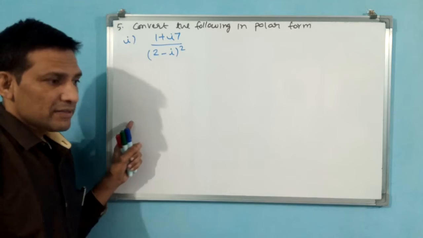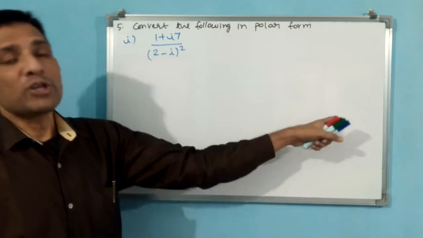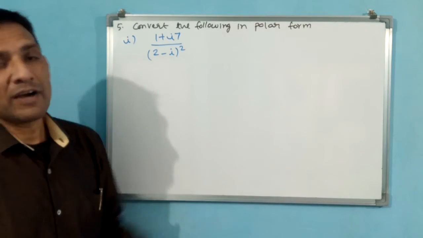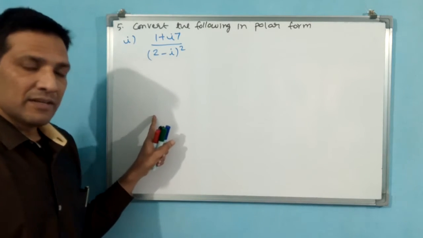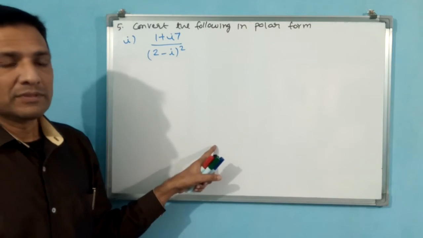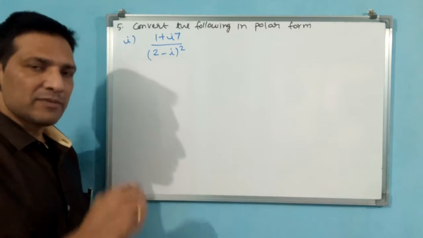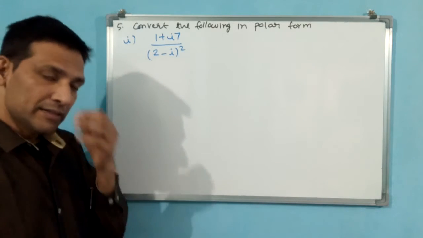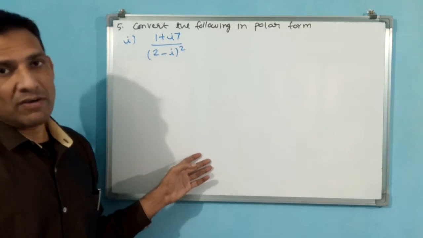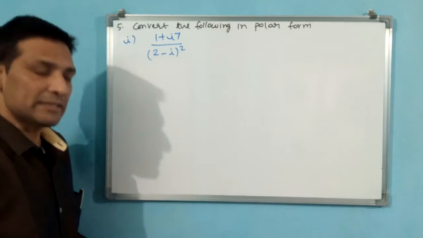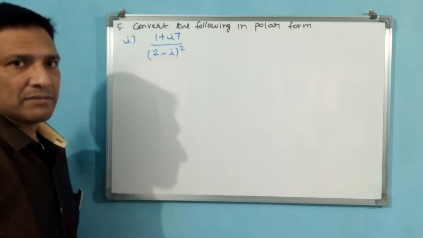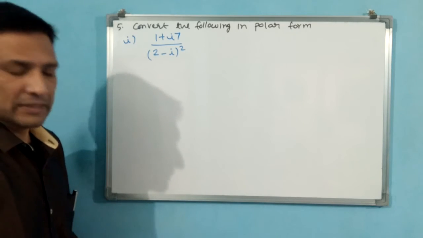After rationalization, one complex number is going to come. That complex number's modulus you have to find. Why? Because polar form will come after modulus and argument. Then write the generalized polar form. Then you find theta, the argument. Then finally you write in polar form. Like that you have to do. This procedure is there. Okay. This is also not a 1 or 2 mark question.